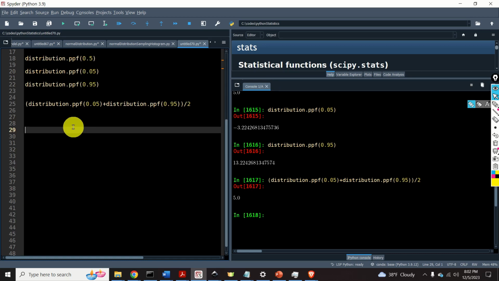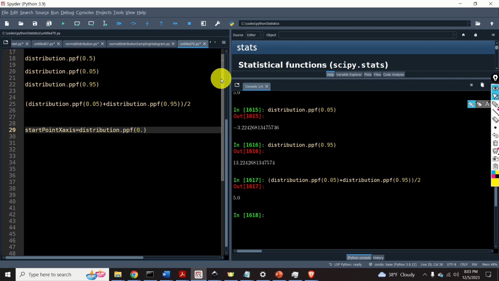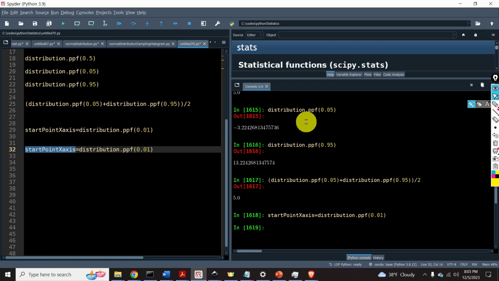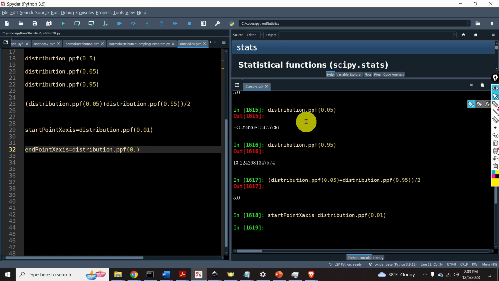Next, let's learn how to compute the values of the probability density function. Let's define the start point on the x-axis. I will simply denote the start point like this. It will be equal to distribution.ppf, and this will be 0. Actually, this will be 1%. Okay, this will be the start point. Next, let's define the end point. Here I'll just change this part. It will be end, and the end will correspond to 99%. Okay,